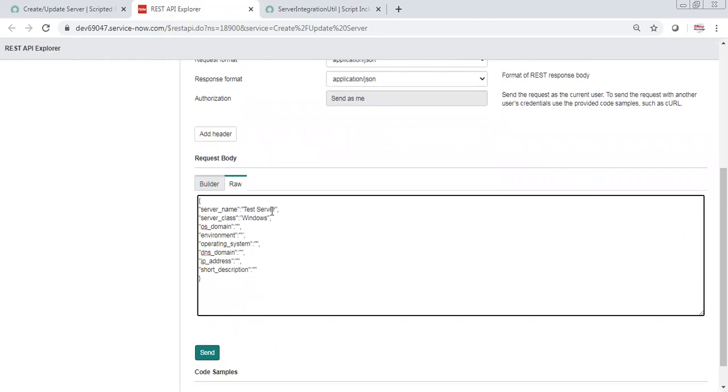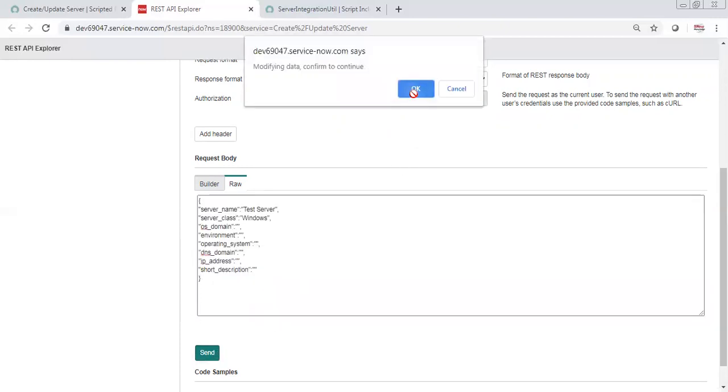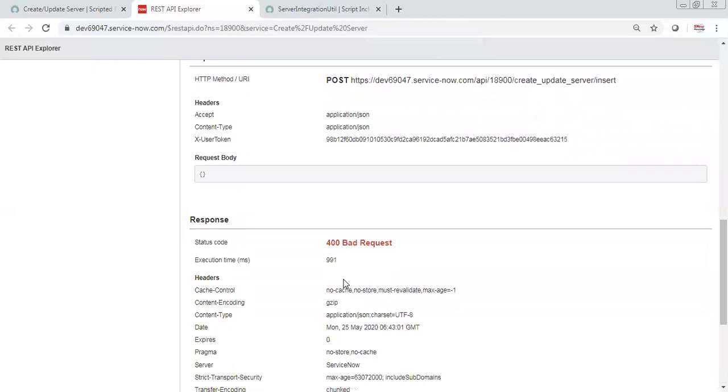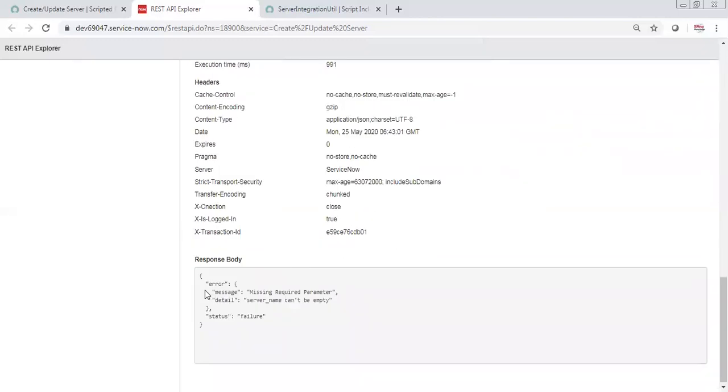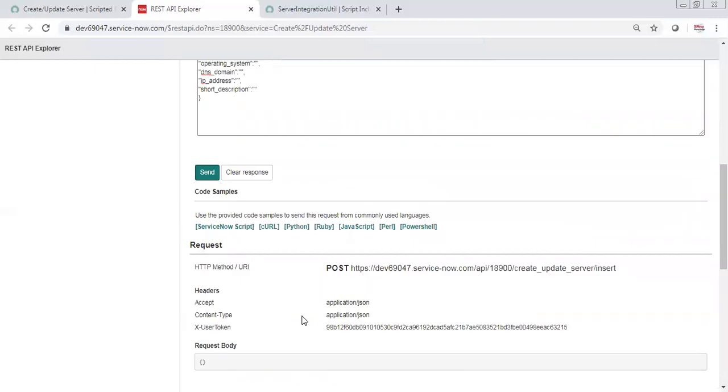Okay, then let's say I will try to send this request. Now you have designed it, you need to test your API before sharing it with them. So I have just put this JSON in. I will try to send it. Let's see what is happening. Bad request. It's giving me a bad request. What is it saying? Error message: server missing required parameters, server name can't be empty.